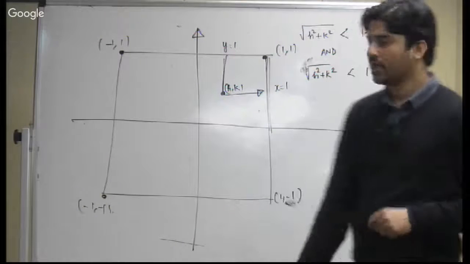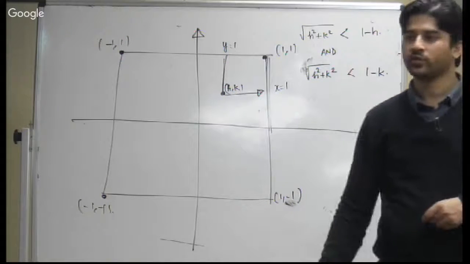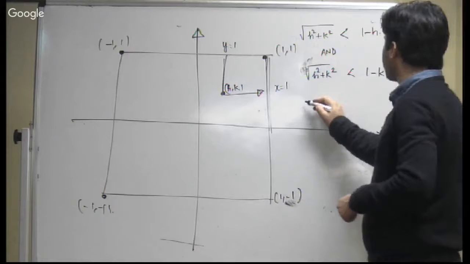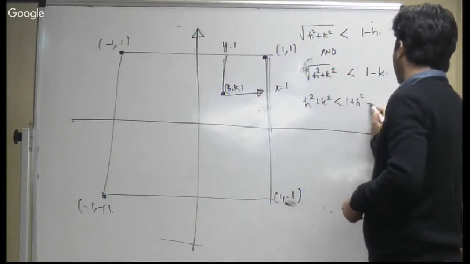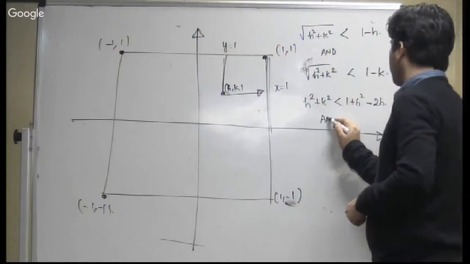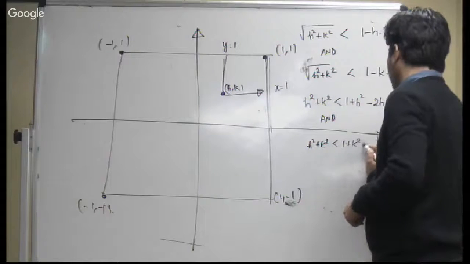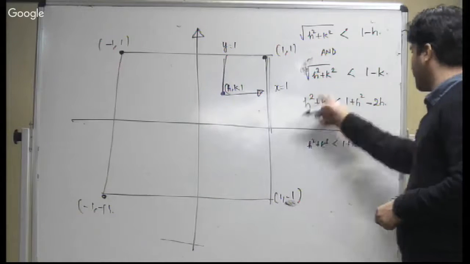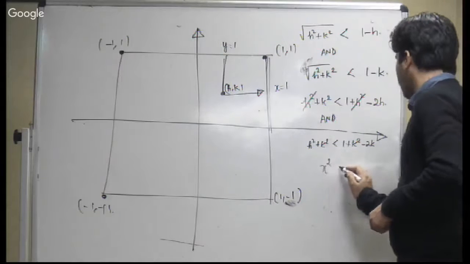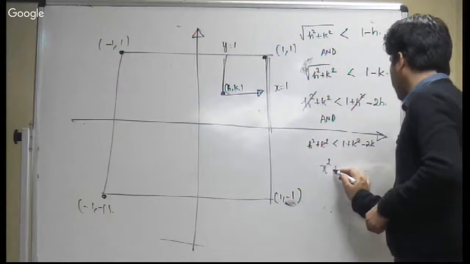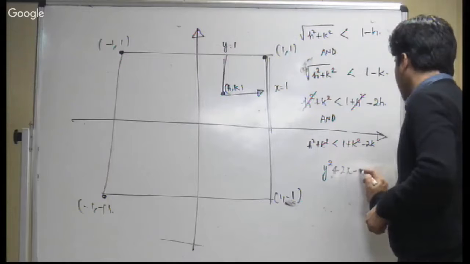Clear? I'm not comfortable when I see this. So how to get rid of this? Square it up. So I can say h square plus k square is less than 1 plus h square minus 2h, and h square plus k square is less than 1 plus k square minus 2k. So I can write this, h gone, so I can say x square